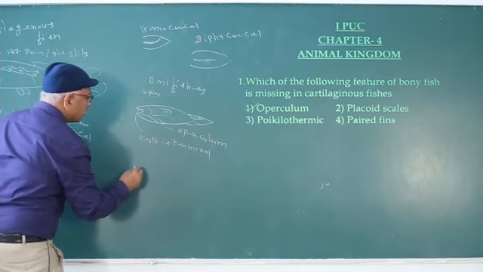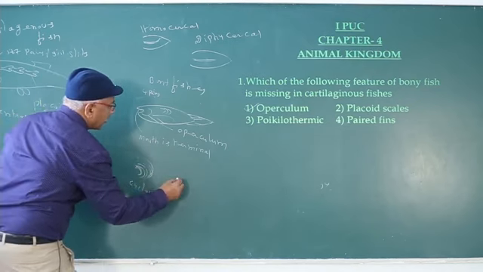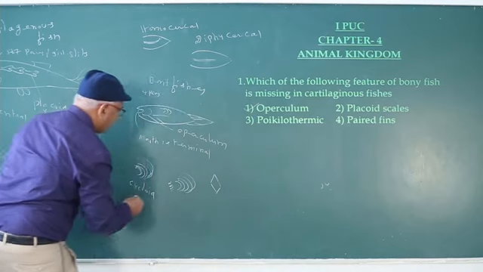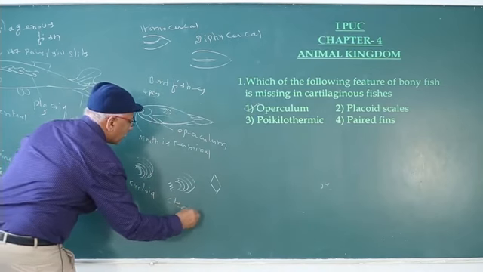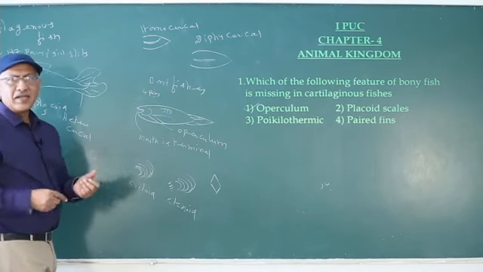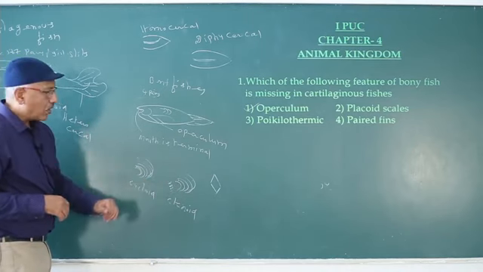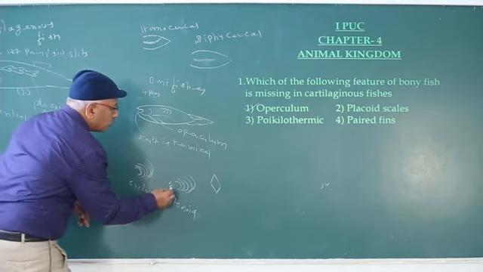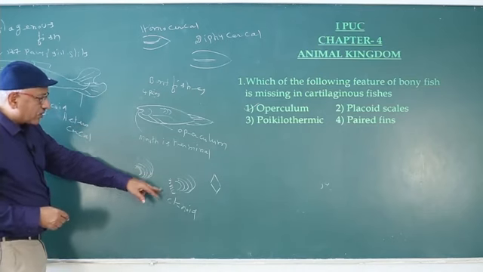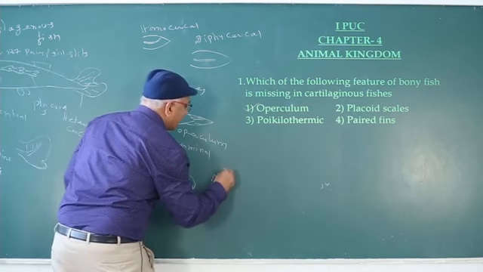In case of bony fishes, scales are cycloid or ctenoid or ganoid. Cycloid means the scale is circular. Scale contains several circular thickenings like our fingerprint, cycloid. Ctenoid means it also contains circular thickenings. Tooth-like structures present in the inner surface of scale are known as ctenoid. What is ganoid? Diamond-shaped scales.